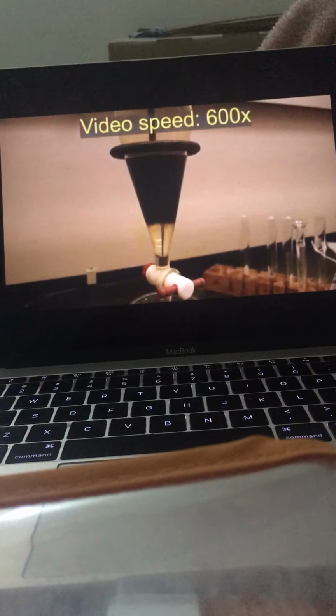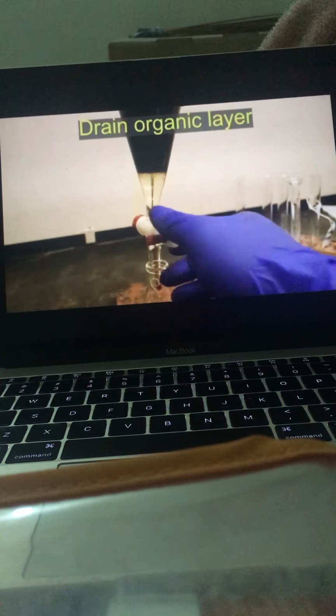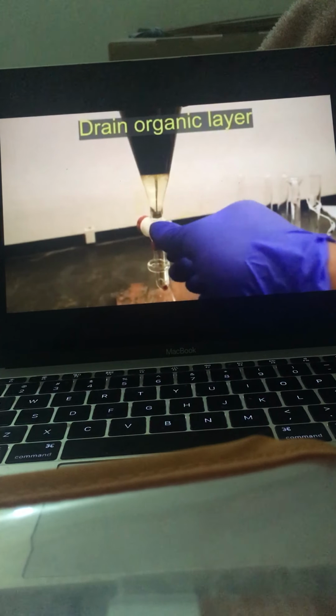One of the more important organic chemistry glasswares that we will use. I pretty much use this all the time in my own work, so a really important technique to learn. So this is where you're going to drain the bottom layer and then collect it multiple times. So what's going to be shown is that he's going to drain the organic layer,